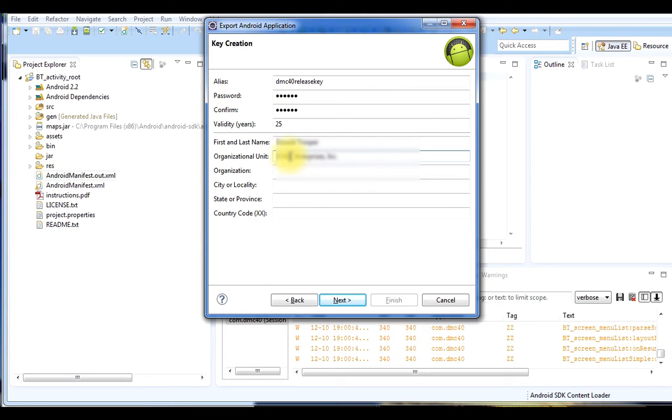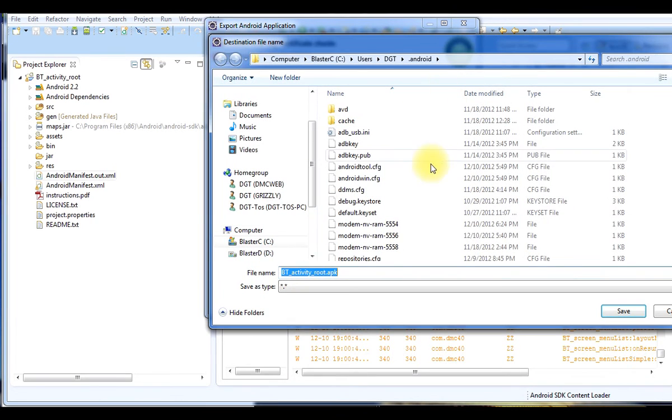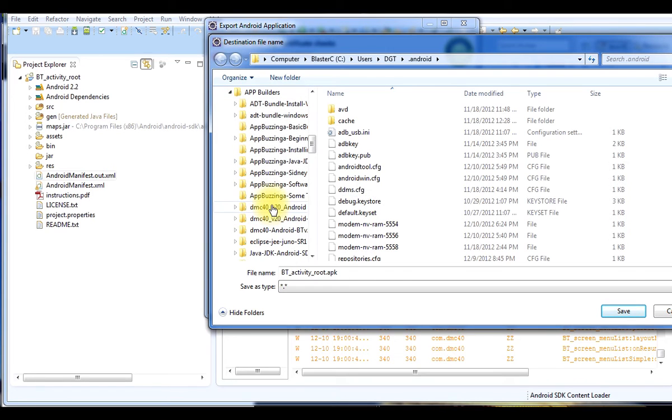Finish filling out the form with your city or location, with the state or province if you're in a country other than the U.S., and your country code. That's the 2-character code. Then click on Next. After you've done this a few times, it becomes pretty straightforward. Now that we have our key, we need to browse and find a location where we want to store our app. I like to do things in a consistent fashion, so I'm going to go back out to the same location where I stored my debugging app in order to store my developed distributable app.